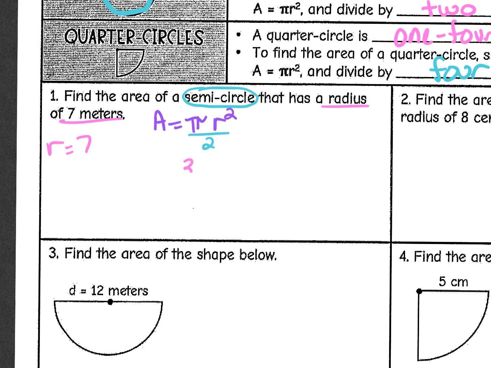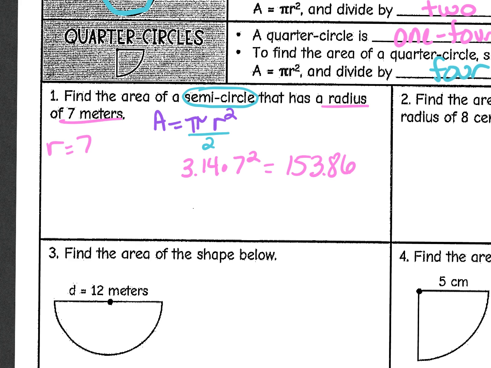So I'm going to go 3.14 times 7 squared. And then I'm going to divide by 2. In your calculator, you can actually put 3.14 times 7 squared and put it all over 2, if you know how to do that. I tend to do the area first, which gives me